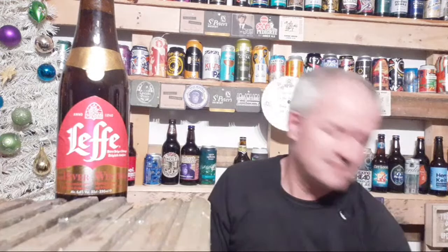From Beers of Europe, first beer from them. Wanted winter beers. Sick of the shop not doing any winter beers. I thought, sod it. I saw the Beers of Europe Christmas box set, UK box set. They do a Belgian one as well, so that's interesting to know. Although it was out of stock when I went online the other day. Whether it's back in, no idea. I don't think this was actually in that box set. So